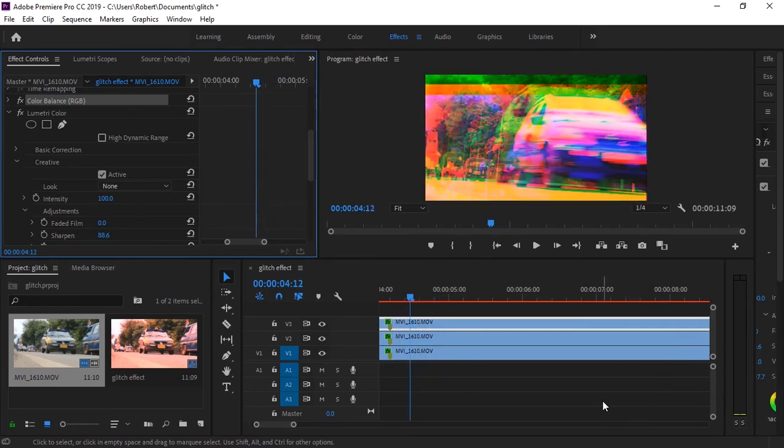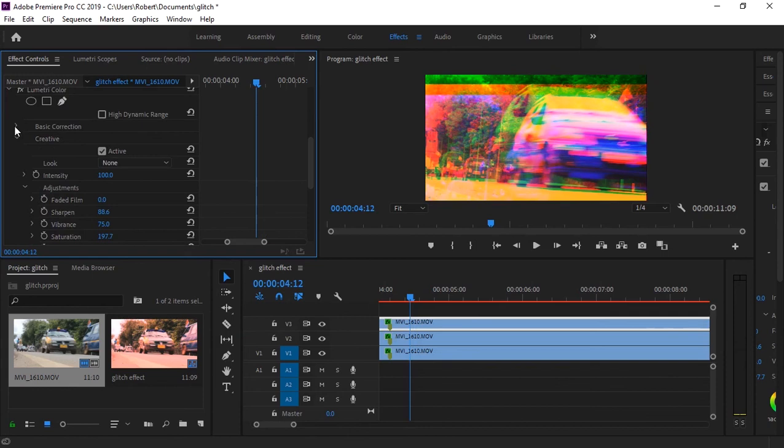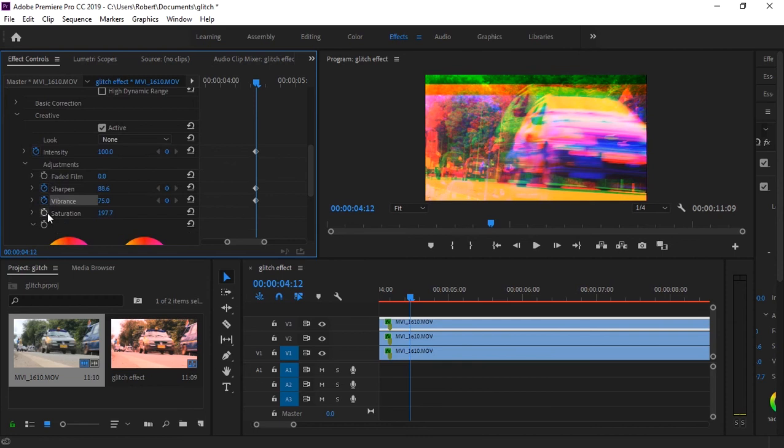So what you are going to do is create a keyframe for everything that we adjusted in the Lumetri color. So intensity, sharpen, vibrance, saturation,